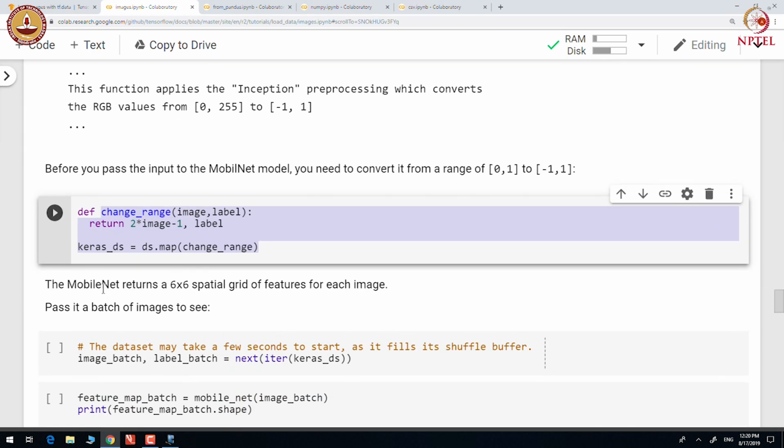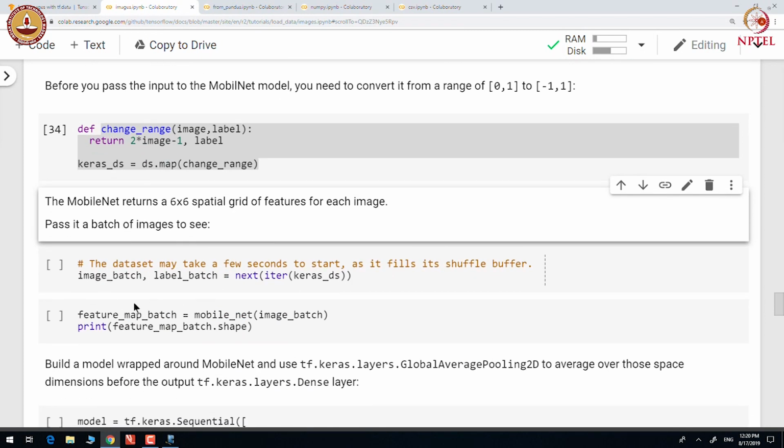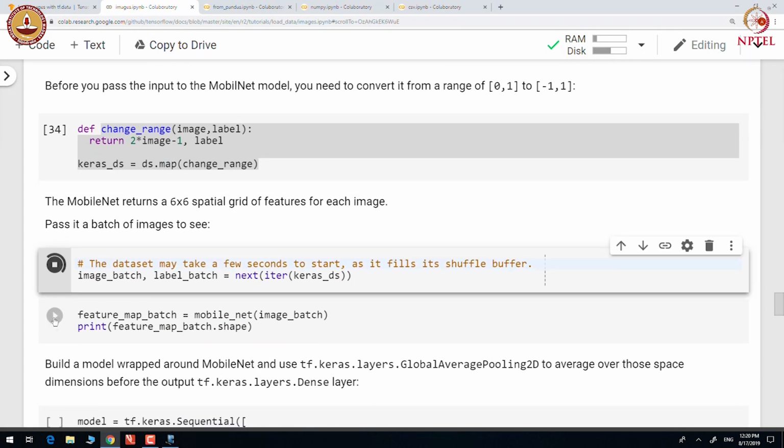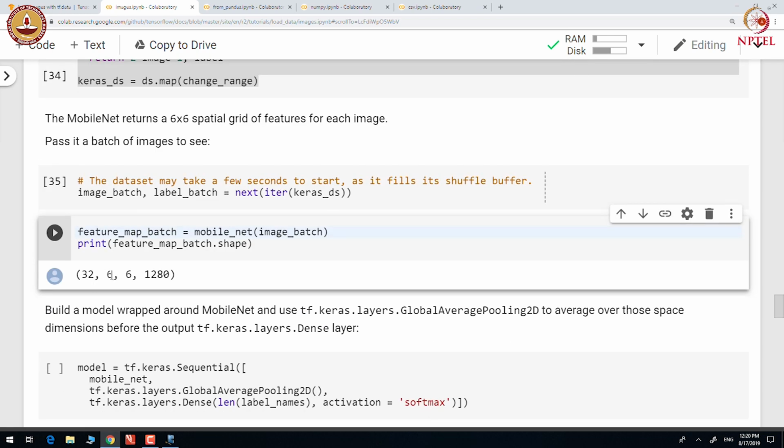The MobileNet returns a 6 by 6 spatial grid of features for each image. We pass it a batch of images to see the output of the MobileNet. You can see that it returns 6 by 6 spatial grids.